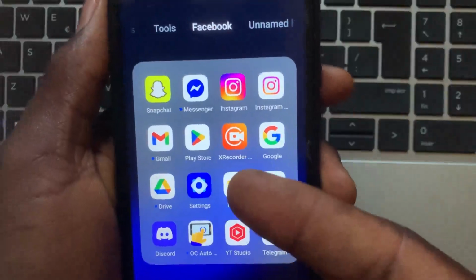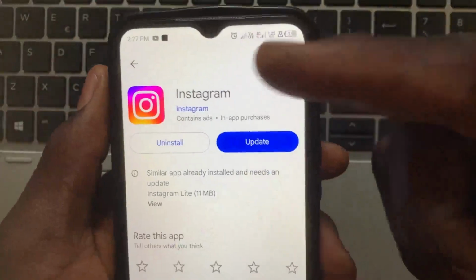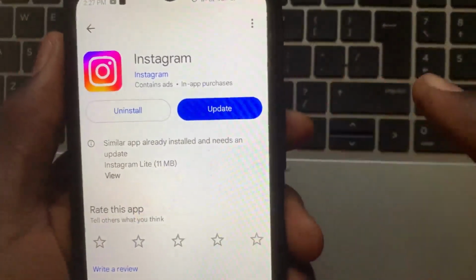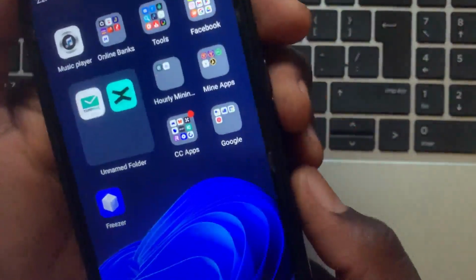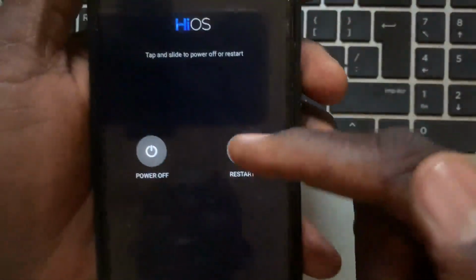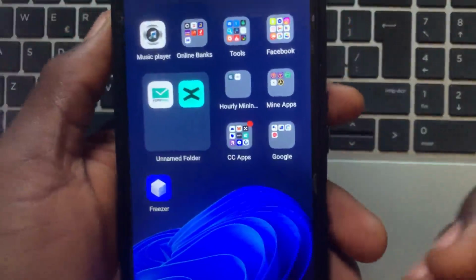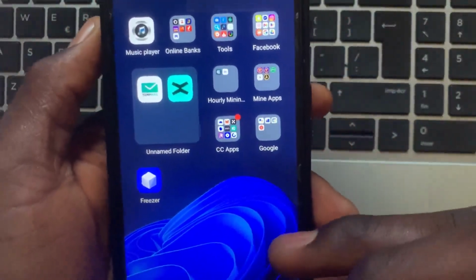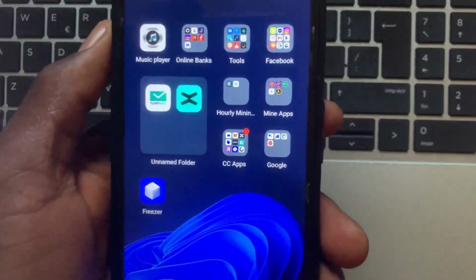The next step to fix the problem is to go to your Play Store or App Store. After you open the Play Store or App Store, search for Instagram and update the Instagram app. After you update your Instagram app, go back and restart your mobile phone. Just restart your mobile phone. After you restart your mobile phone, your Instagram account may start working properly. But if you try this method and your Instagram account has still not come back, and you are still getting the error which says you can't use this picture right now,